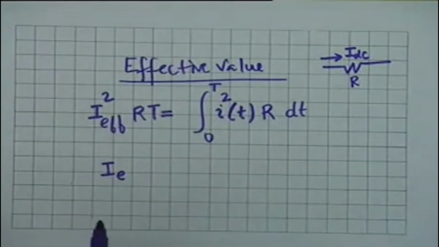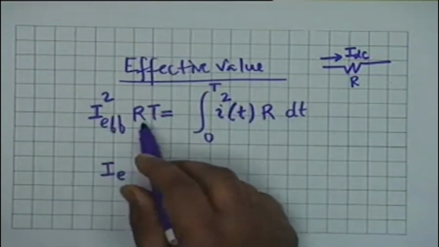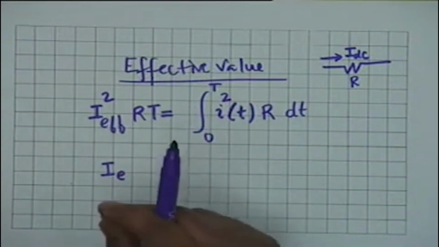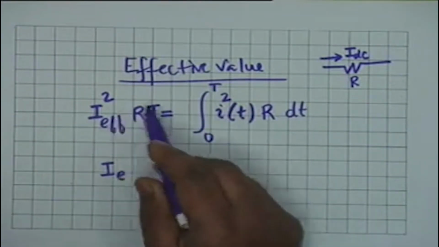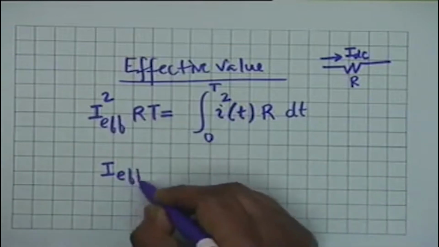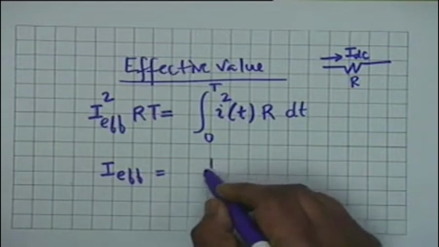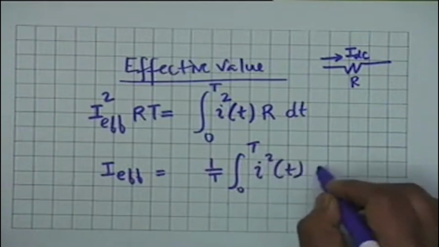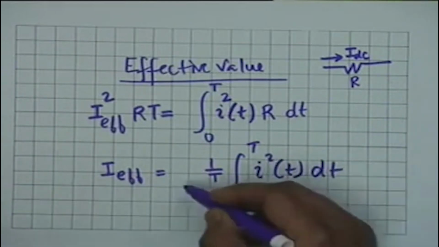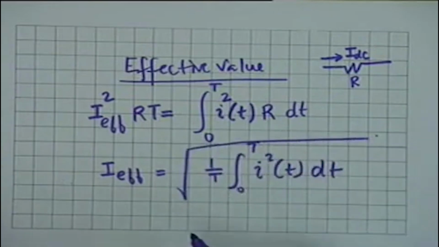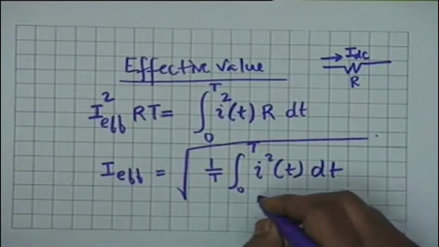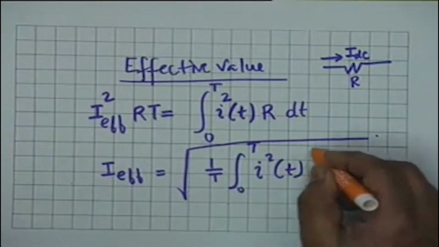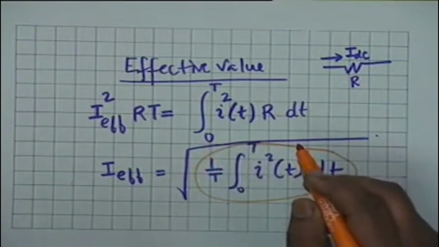The total energy dissipated in the resistor due to a DC, equal to I effective over a time capital T, is I effective squared RT, and therefore I effective is equal to the square root of 1 over T integral 0 to T of i squared dt, where capital R cancels. And you can see that under the square root sign this quantity is the mean squared value